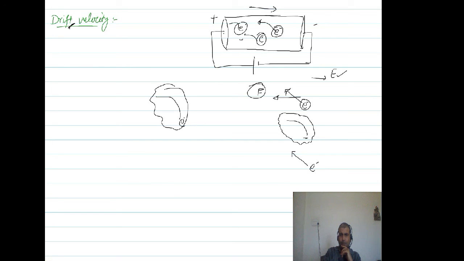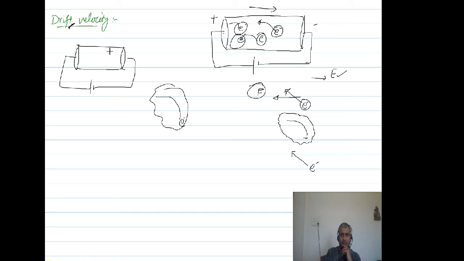This motion is quite random. Believe me, it is quite random, quite frequent, and occurs at quite high speed, and we cannot observe or study the motion of each and every single electron. That's why we just replace this random, high speed motion with an average picture. I repeat, we just replace this whole motion with an average picture.